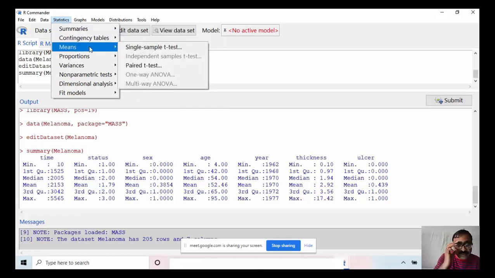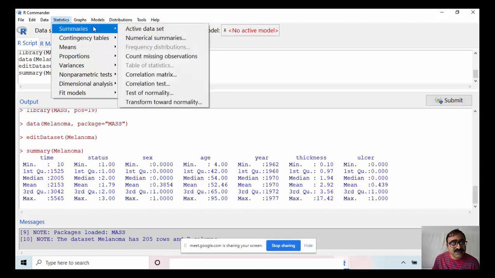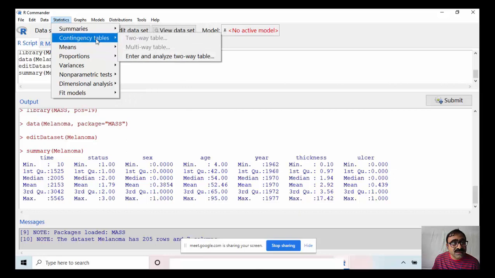So I have to verify this age. Here we have the summaries, and the contingency tables.